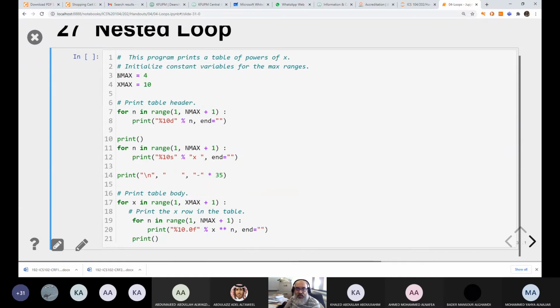So the maximum for the power, n max, equals 4. The maximum value of x is 10. Now for n in range 1 to n max plus 1. And why do we have n max plus 1? Because it will stop before this value. Excellent. So for n in range 1 to n max plus 1, print